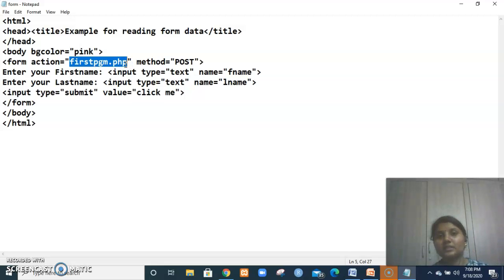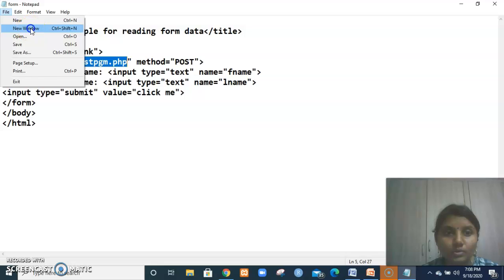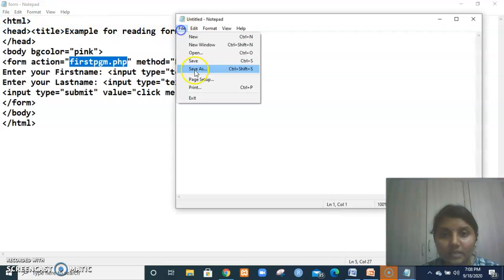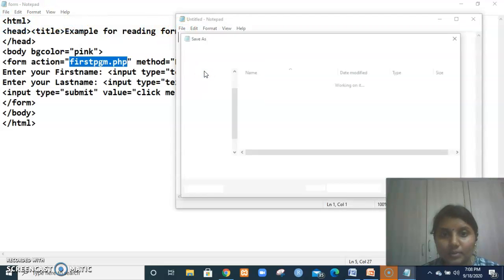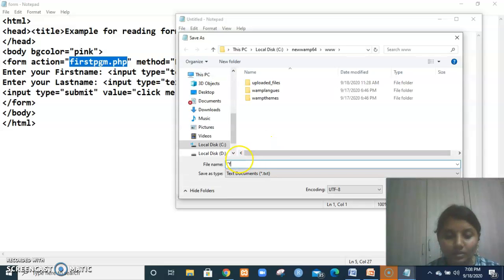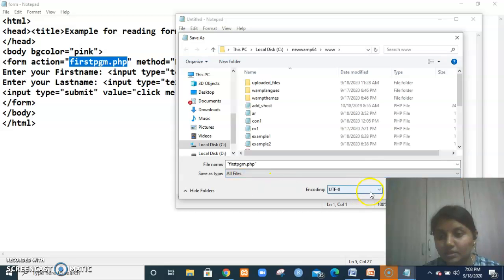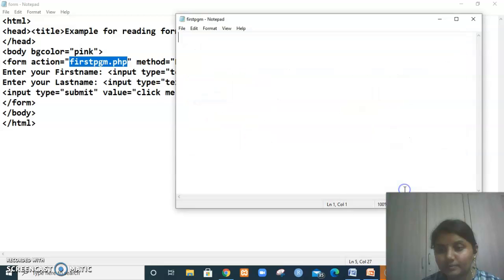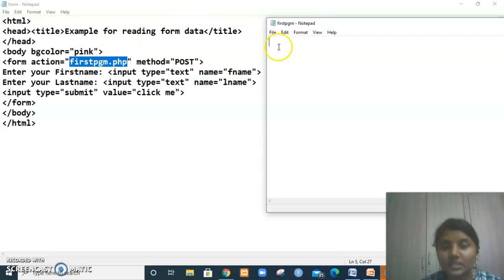Create a new file, save it as first program.php with the .php extension, and click save.